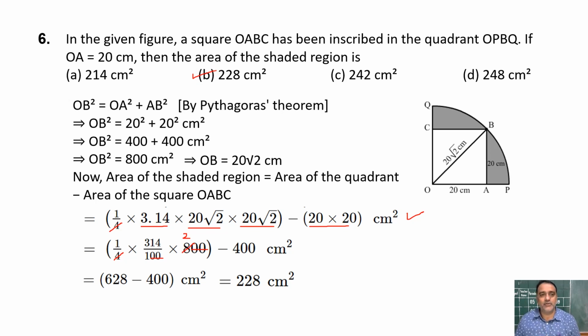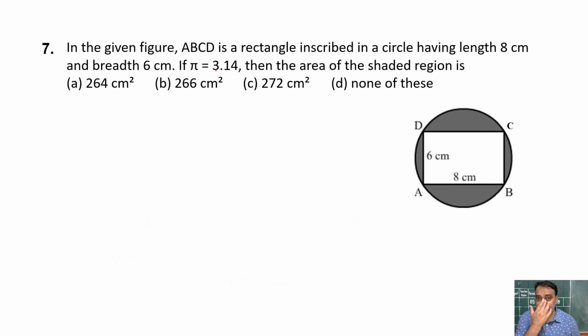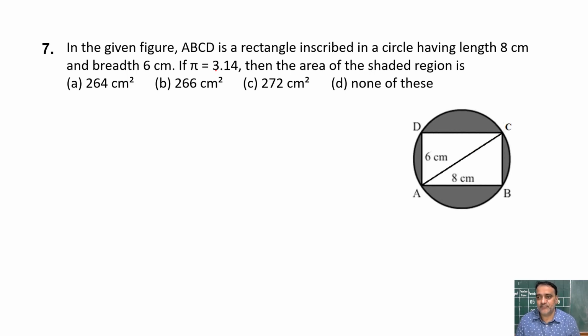So now we are moving toward question number 7. In the given figure, ABCD is a rectangle inscribed in a circle having length 8 centimeter and breadth 6 centimeter. If pi is equals to 3.14, then the area of the shaded region is dash. So very simple, circle में से rectangle minus करना है, but circle का यहाँ पर radius नहीं दिया हुआ है. So for that what we will do, we will join AC, right, and we will find the value of AC by using Pythagoras theorem. So this triangle we will take, this one, and this is also 6,